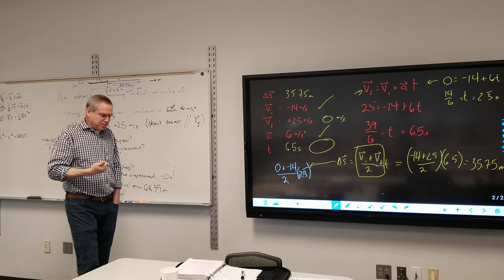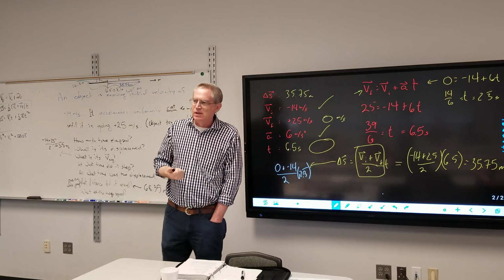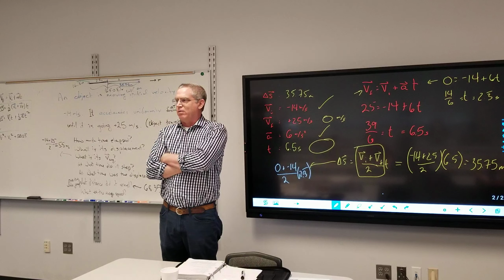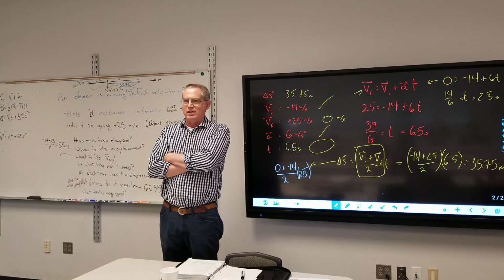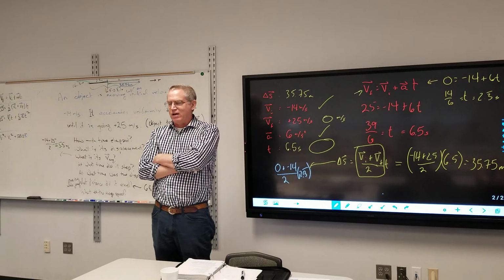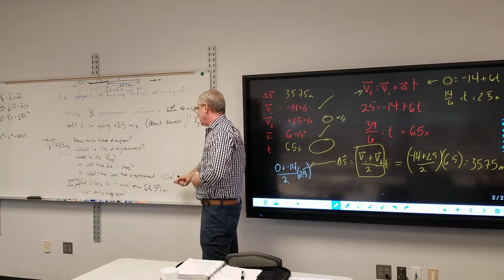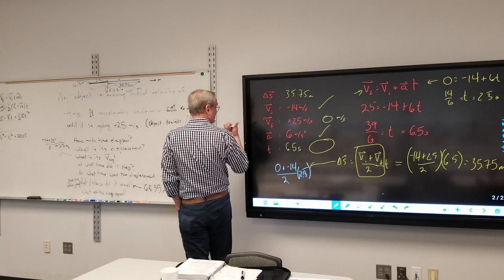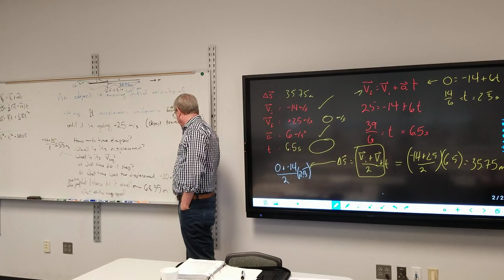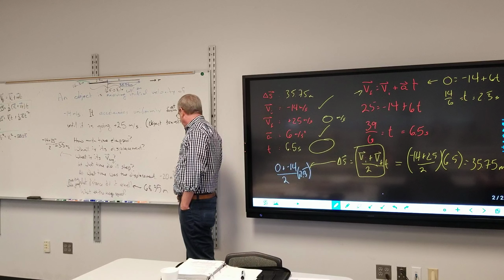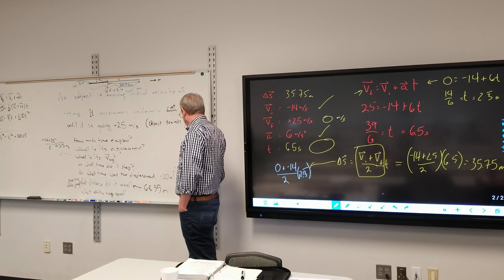What would average speed be? If you ever need to find average speed, how would you find it? Distance over time. Yeah, it's just the scalar analog, it's distance over time. We just found distance. Now you divide by time, which we know is 6.5 seconds. So 68.35 meters over 6.5 seconds, and you get